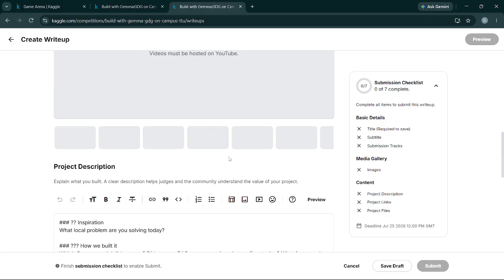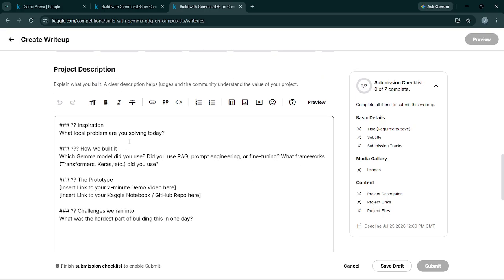Okay, then we have the project description, right? This one should contain a lot about your project, right? So you can see we have